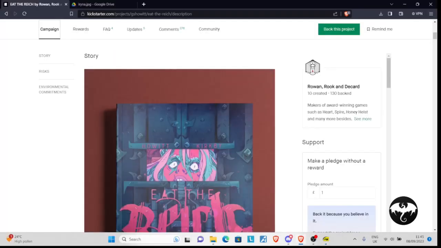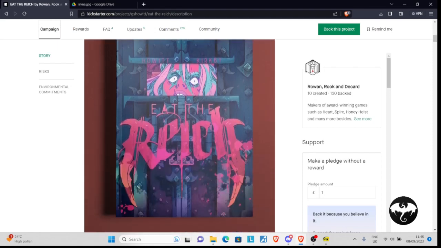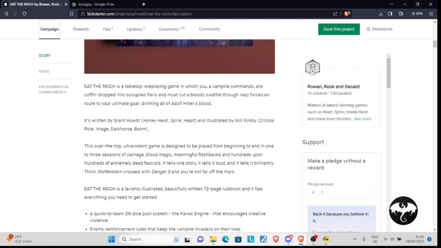So why am I covering Havoc Brigade today? Well, one of the reasons is at time of recording this, Grant has a Kickstarter called Eat the Reich. And in Eat the Reich, you play as vampires, where you parachute into the city of Paris, and you're to drink the Nazi blood and ultimately drink Hitler's blood. It's a one-shot with pre-gens, just like Havoc Brigade, but interestingly enough, it uses the Havoc Brigade system, or a